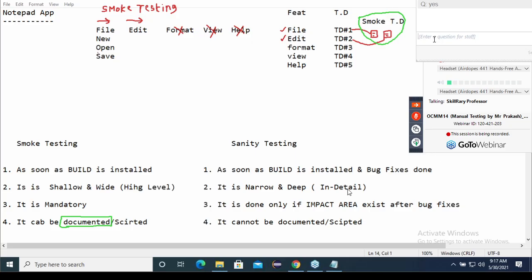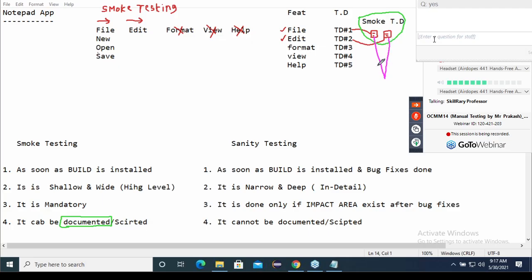Whenever the new build comes, open it, test it, open it, test it. Manually, correct? Manually, you have to open both the documents and test them again and again. Now, that is a repetitive task. So some companies, what they do,